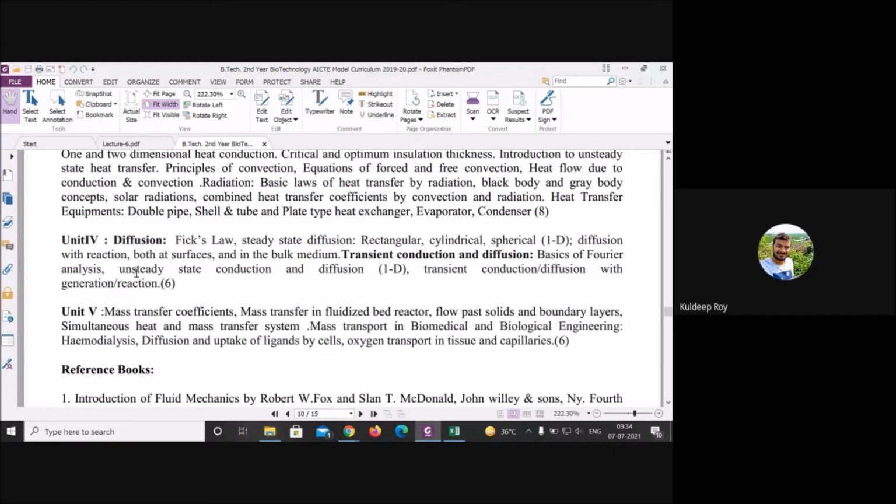How we can determine which kind of potential gradient you will get in your mass transfer. This kind of thing we have discussed, and we also talked about how we can differentiate convective and diffusive mass transfer, molecular diffusion and eddy diffusion, and we have already discussed how the mass transfer will occur by convection or by the phase change. Okay, this thing we have discussed, and today we will talk.